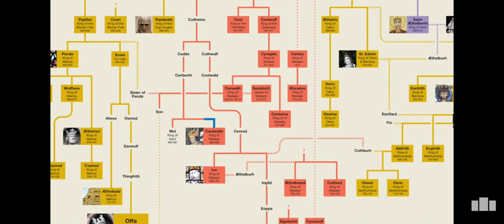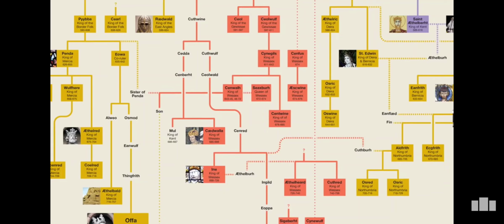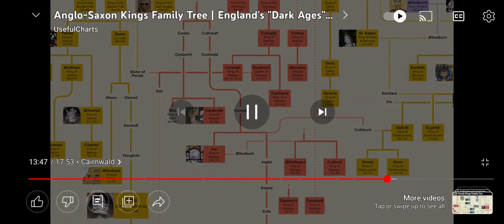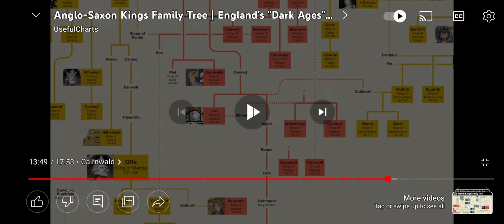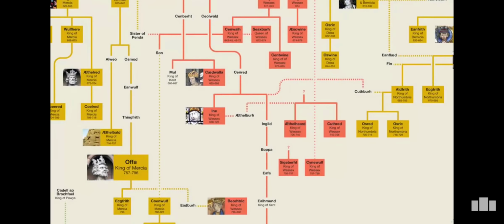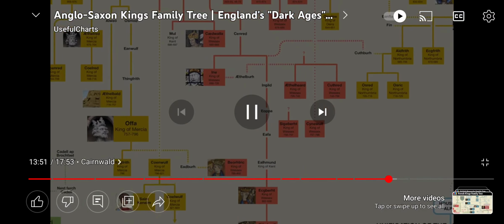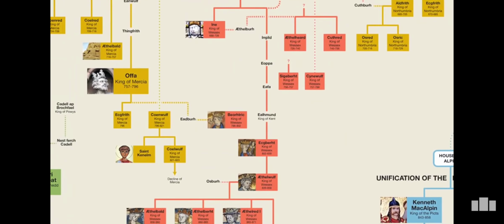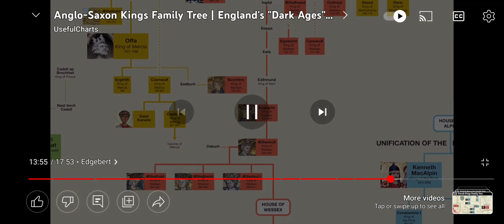The first king from this branch was Cadwalla, and then Inna. During their reigns, Wessex reached its greatest extent up to that point, dominating the kingdoms of Kent, Essex, and Sussex. However, after Inna, Wessex came under the influence of Mercia for almost a century during the reigns of Athelbald and Offa, and what was basically almost an empire in the middle of England started to fall apart.